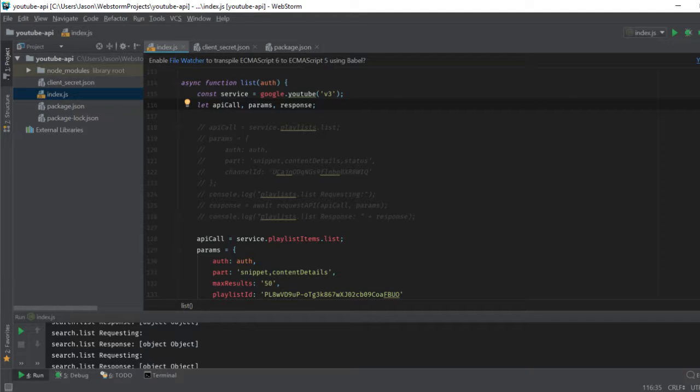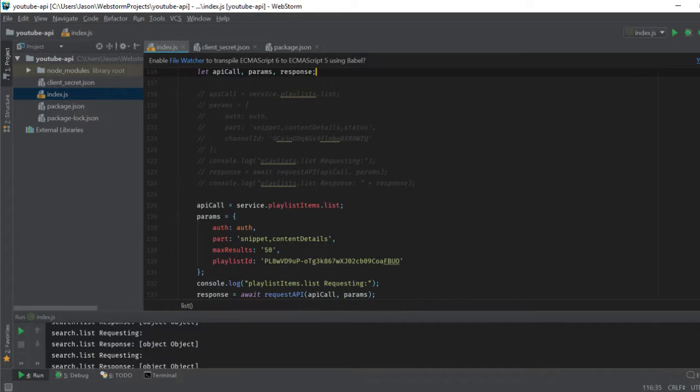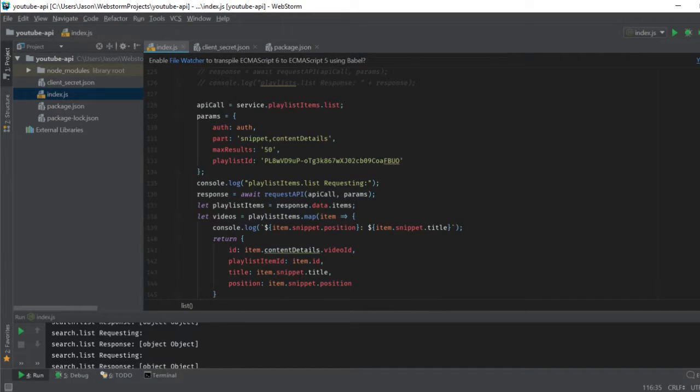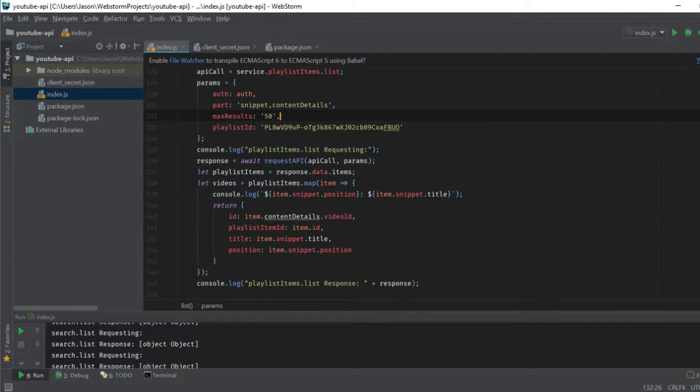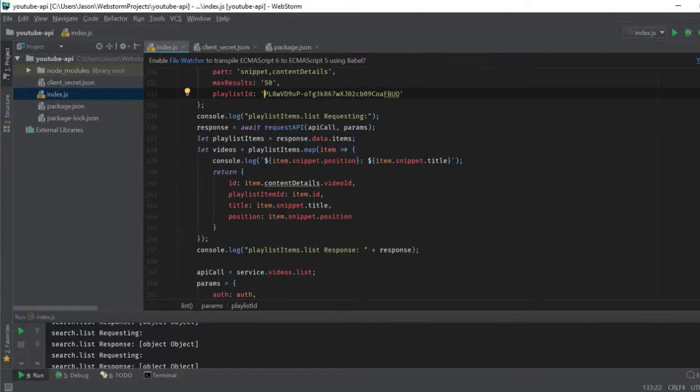So anyway, here's basically the code. If you don't read code, don't worry about it. I'm just going to talk briefly about what I've done. So the first thing I do is I make an API call. Now, this is the actual ID of my live news playlist. This is a unique ID on YouTube. It's the reason why it's these gobbledygook characters, because it's an automatically generated key, essentially, that points to my playlist and only my playlist. And then I go and grab the information from the playlist,